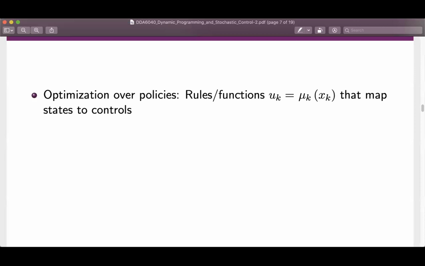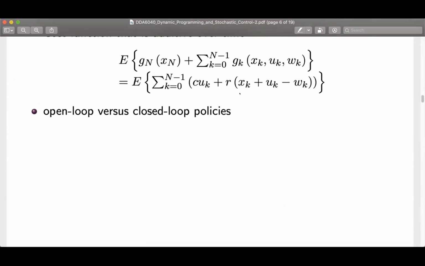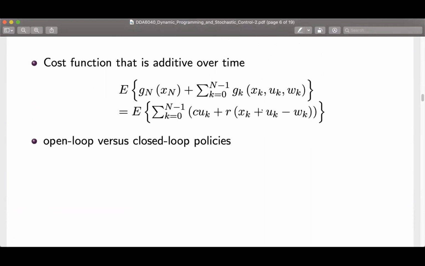We are really interested in the process of finding the optimal rule given each possible xk. So we need to know, given xk, how many items you will order,